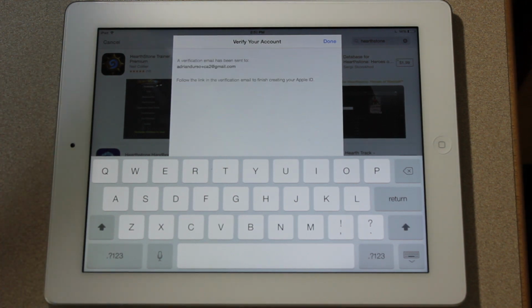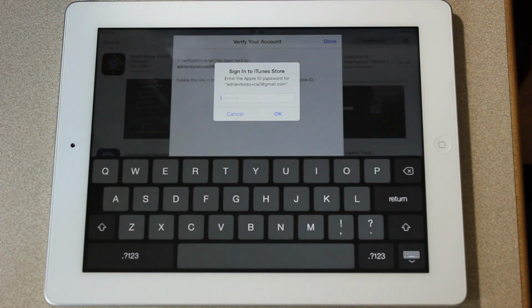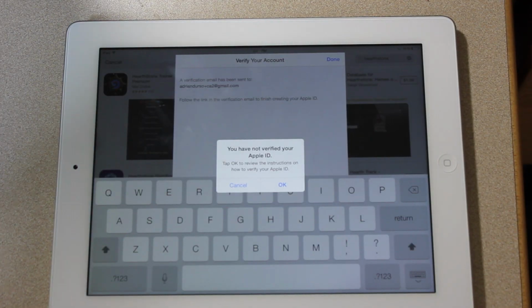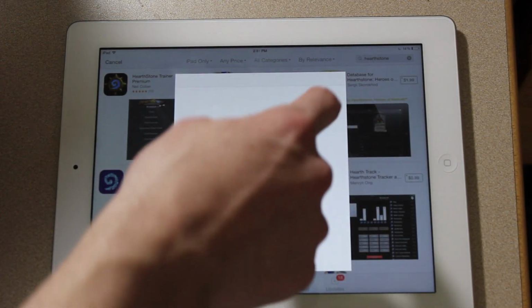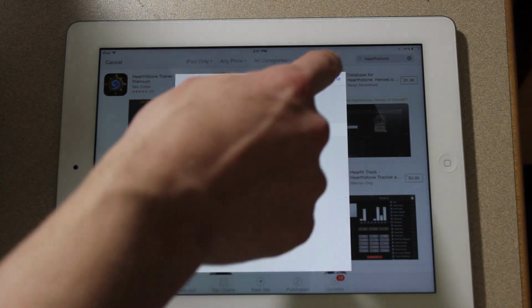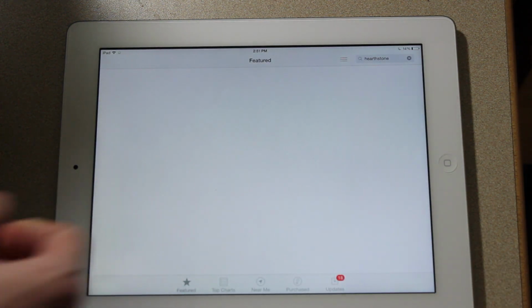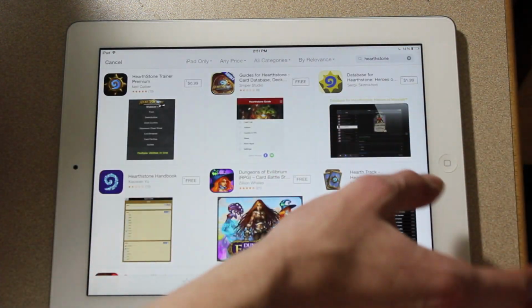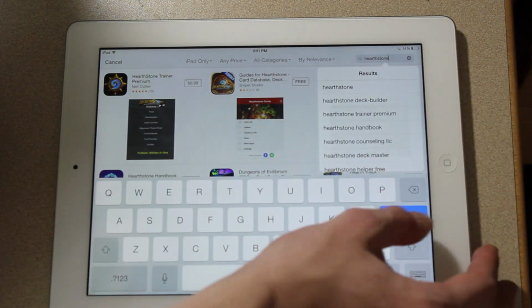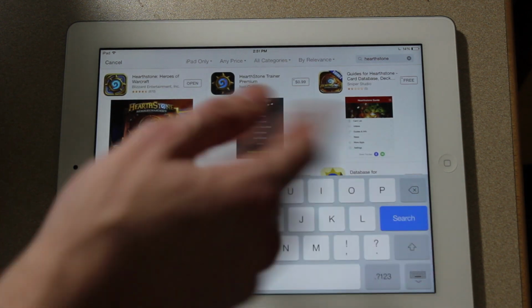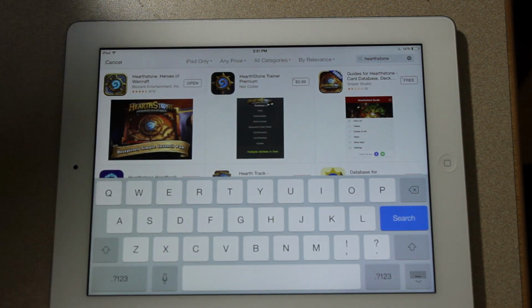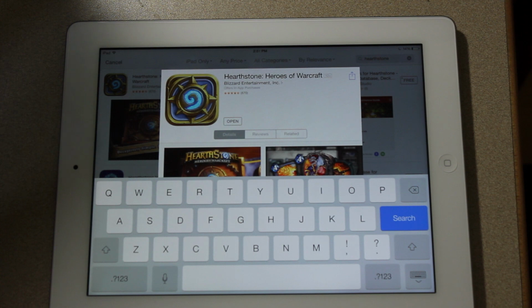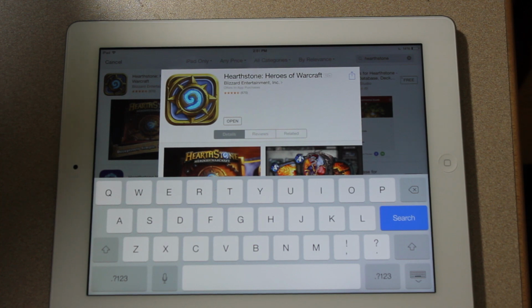and then the verification will be sent to your email. Alright, so once you go onto your computer and verify it, you can just hit OK, and hit done, and now your store will turn into the Canadian store, which contains Hearthstone. So you'll just search Hearthstone right there, and you'll see Hearthstone is available to download. I already have it because I showed it off in the beginning, but you can just download that right now with your ID, and then when you're done downloading, you can just sign out and sign back into your main